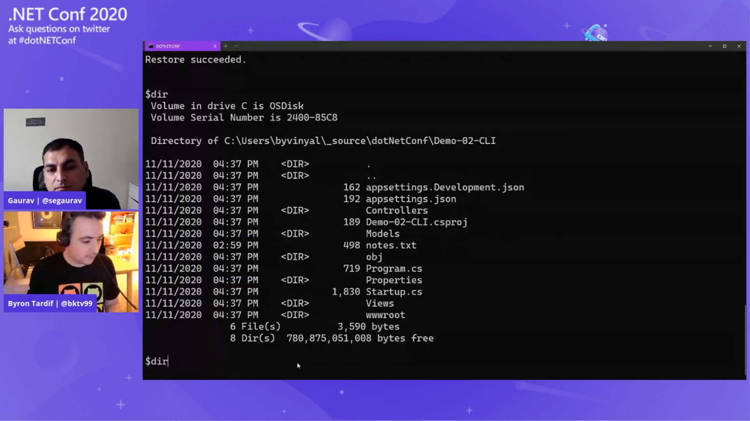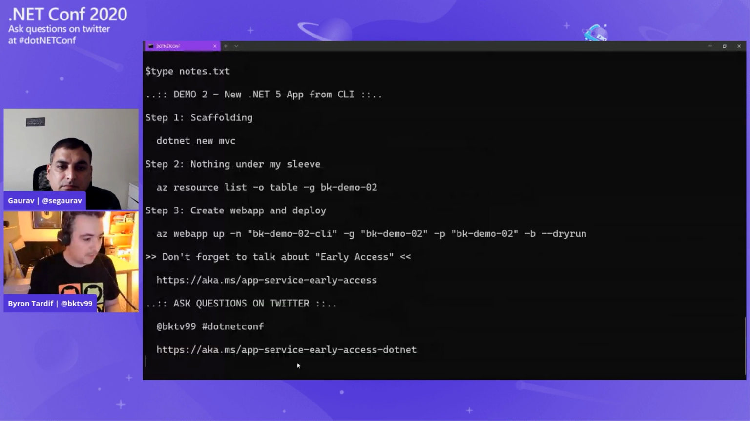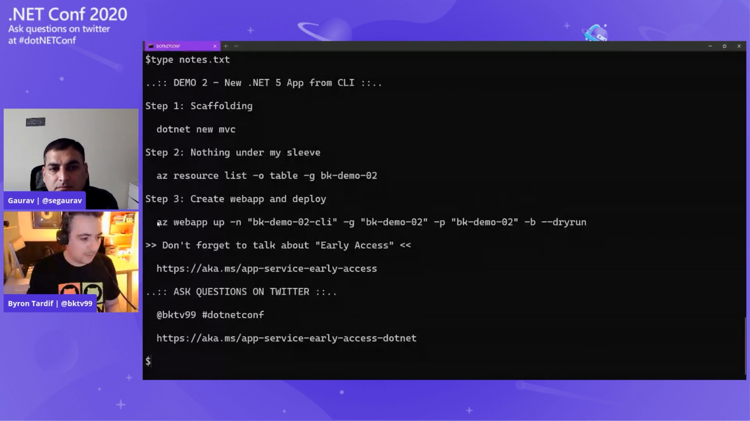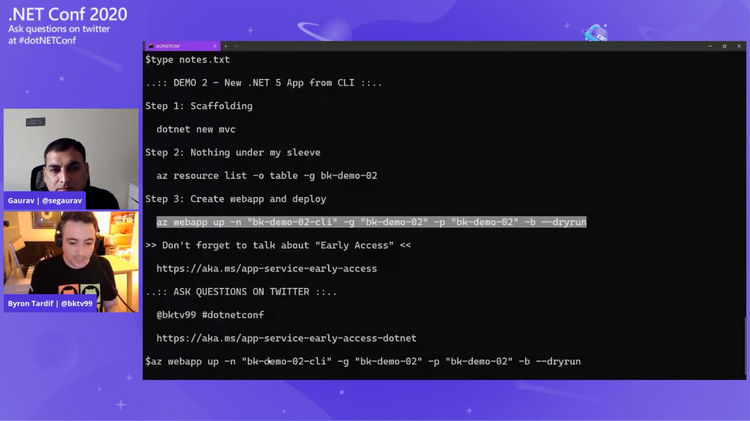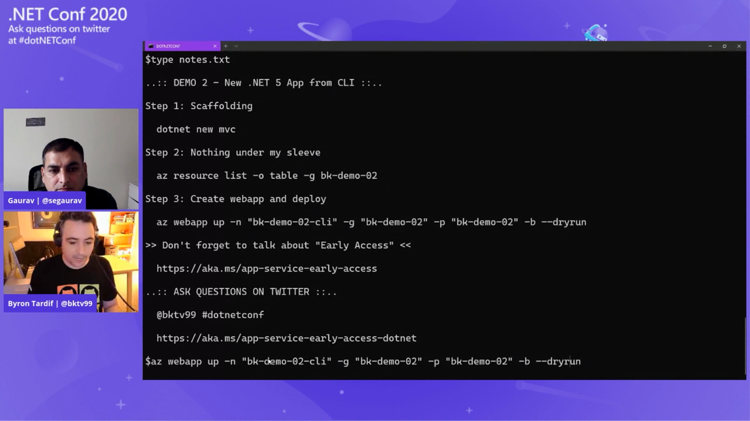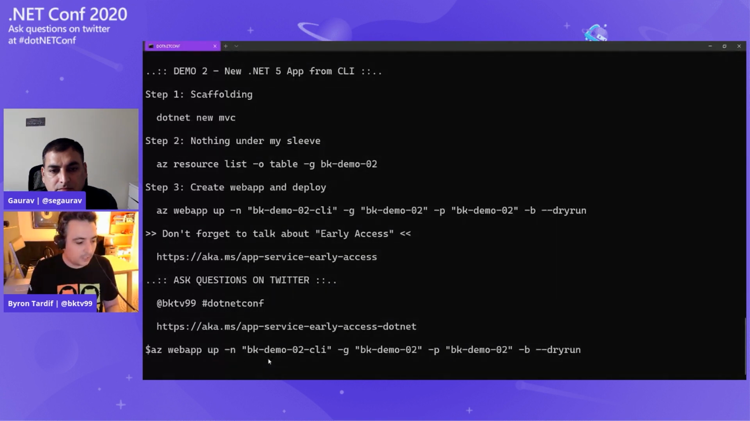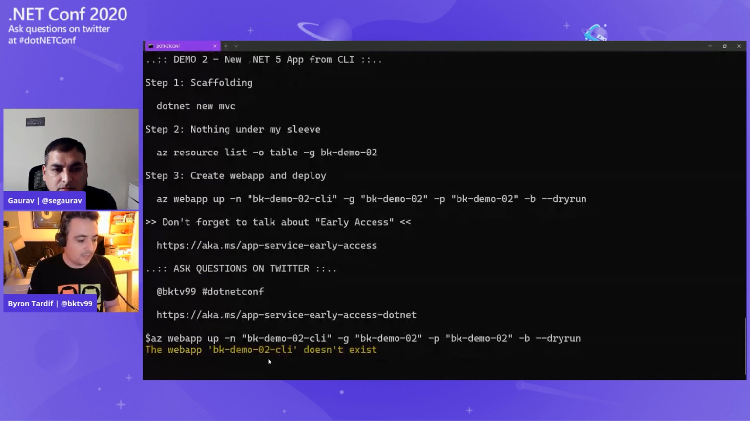My next option is to do az webapp up. So az webapp up is part of the Azure command line. And I'm running it right now with this dry run option. And what this is going to do is going to tell me what's the execution plan for this command. So it's going to see that